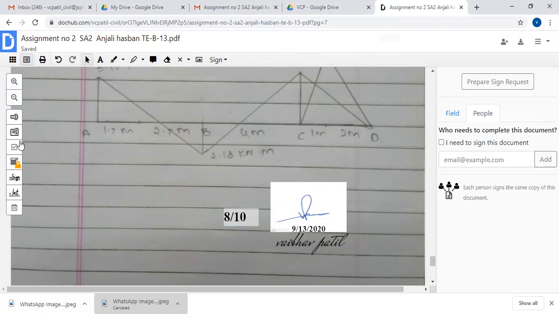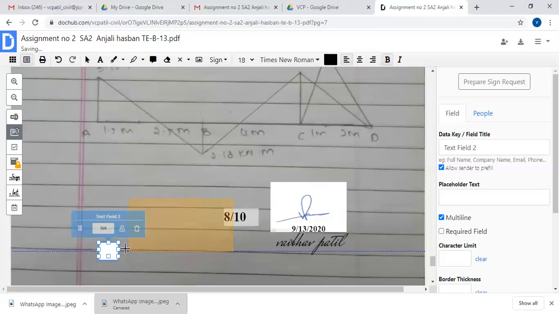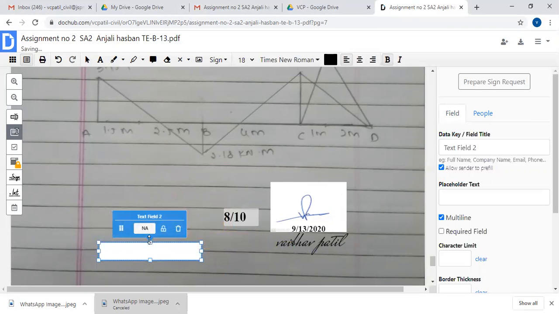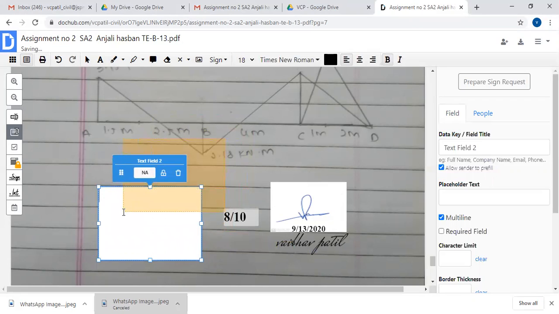And if you have to give some suggestions on that, select the paragraph field here at the left hand side, and you have to write down your suggestions like this. Okay, so I want to suggest here, correct the answer.